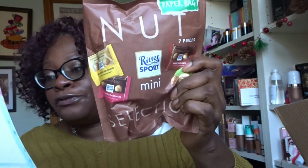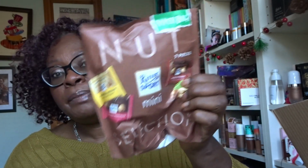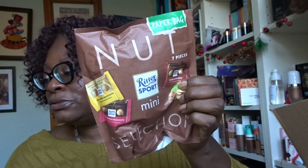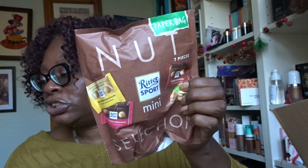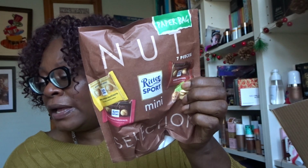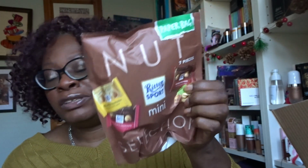This is from Ritter Sport, and it's a nut pouch, £3.50. Discover a selection of our favourite mini varieties with the Ritter Sport Nut Selection pouch. Each pouch contains 7 minis packed with crunchy, roasted hazelnuts coated in a creamy white milk or smooth dark chocolate, making it perfect for sharing, gifting or... I'm going to read that all again because I was reading that